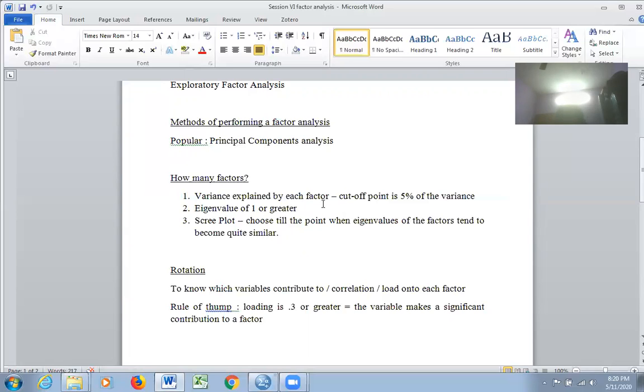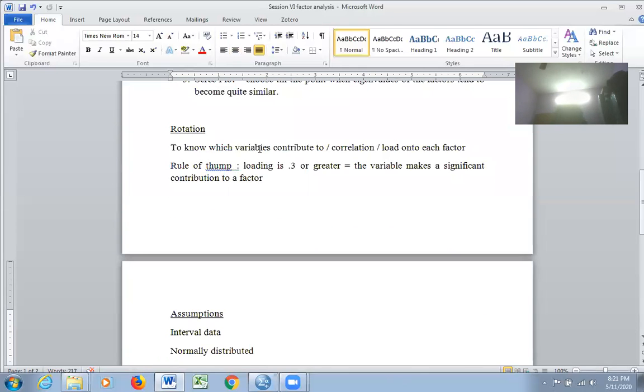Then comes, you can draw a plot called Scree plots. You can have the factors one side, you can have eigenvalues another side. If you see a graph, you have to choose a point where the trend line becomes quite similar, not much variation. That cutoff point will tell you how many factors you need for your exploratory factor analysis. So you can use any one of these three, not all three, to finalize how many factors you are going to explore in your research work. Fine. So once the method is decided and how many factors are decided, now we need to rotate the factors.